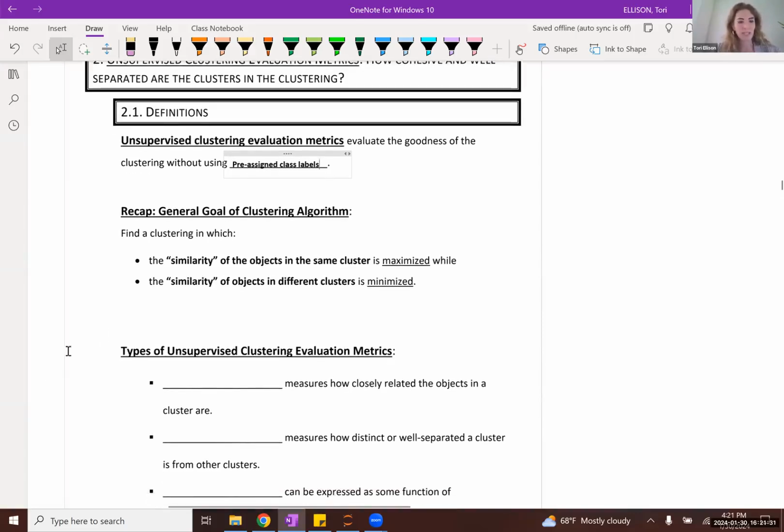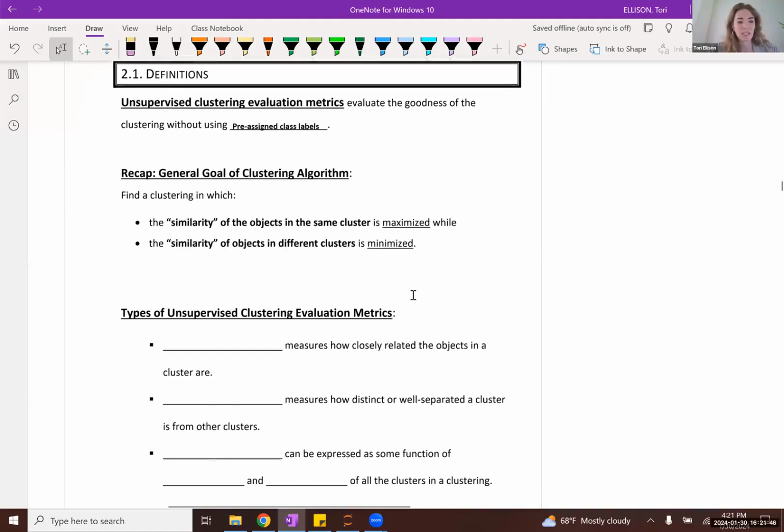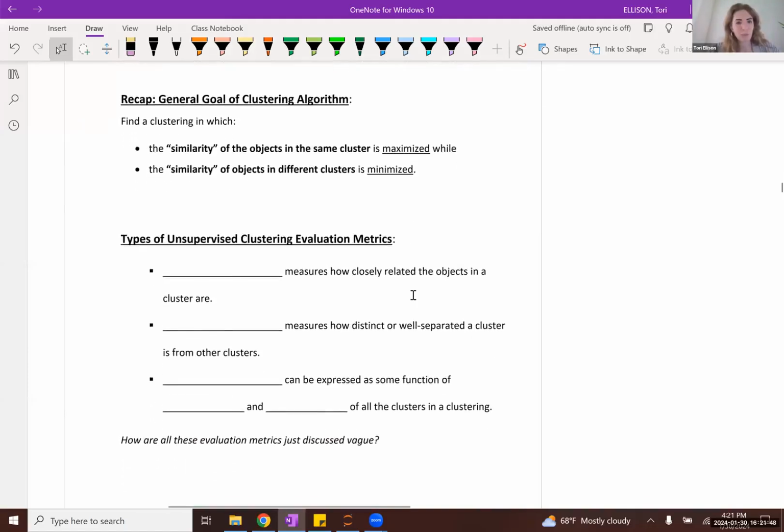Well, we said it's simply to find a grouping of observations, clusters, such that the similarity of the objects within the same cluster is maximized, while the similarity of objects in different clusters is minimized. So we want to come up with a general definition for how we might describe this intra-group similarity and this inter-group similarity. So we define the cohesion